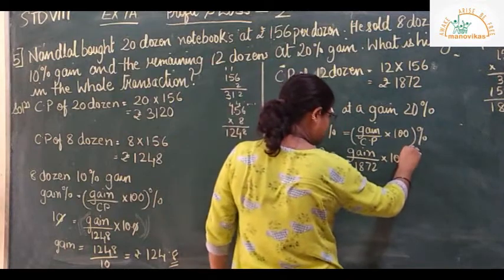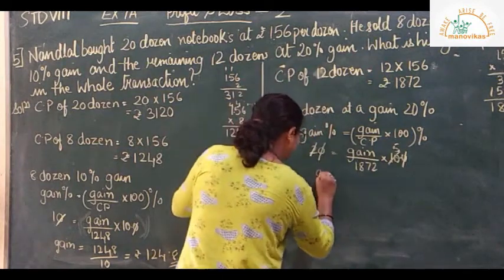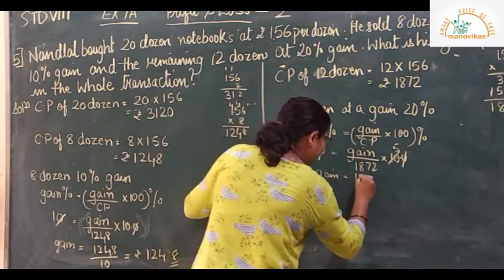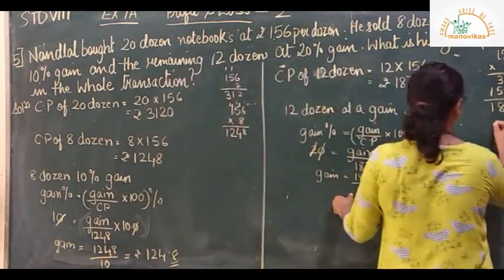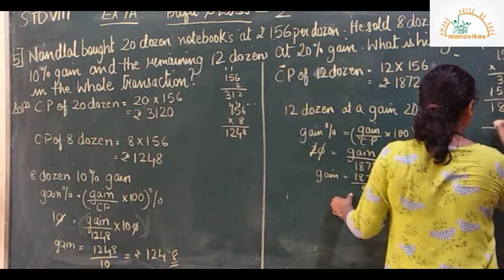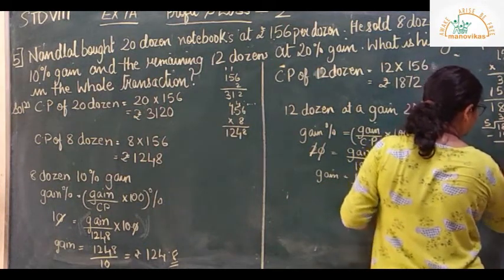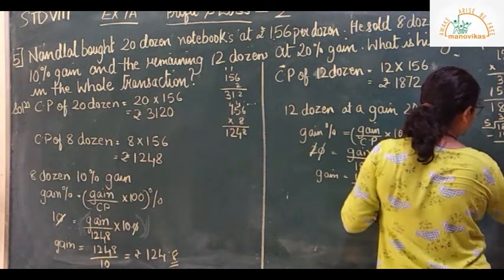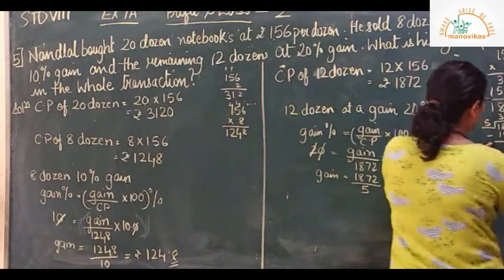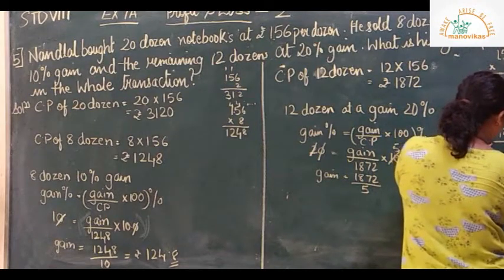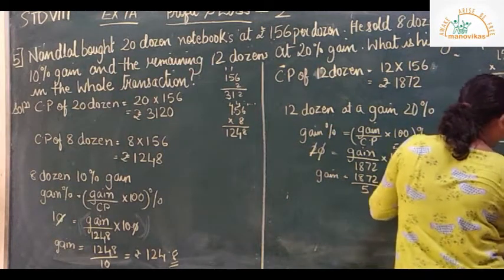So I can cancel this out here. 0, 0, 2 ones are 2, 5s are. So here gain is 1872 divided by 5. Okay, so let us divide this and see how much we get. So I have 1872 divided by 5. 5 3s are 15, so 3. Then I get the next term down here, that is 7. 5 7s are 35. I get 2 here. Then I bring the other number down, that is 2. 5 4s are 20. So my remainder is 2.